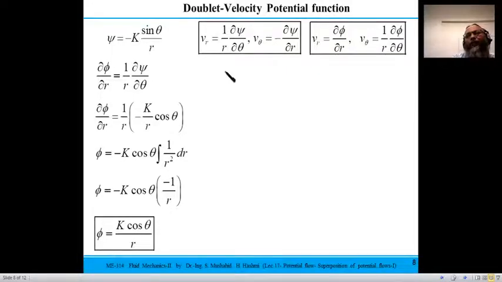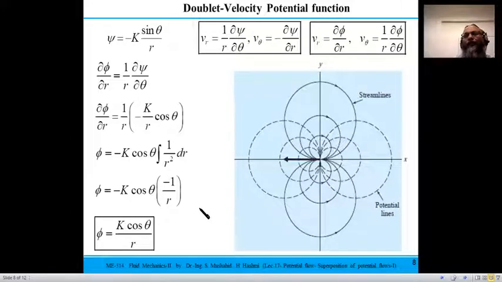So that would be the corresponding velocity potential function for this doublet, and this would be the doublet flow pattern. These are streamlines. So these circles are actually the streamlines on the y-axis as well as on the negative y-axis, and the dashed lines are representing the velocity potential lines. That is represented by that function, and you can substitute back, multiply and divide by r, and write it yourself in the